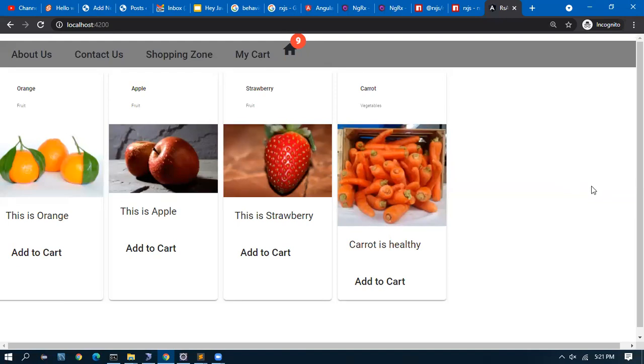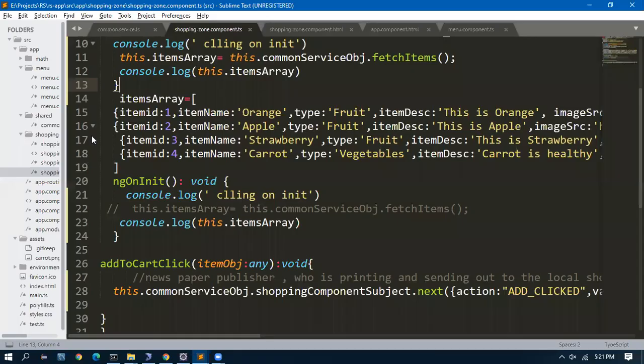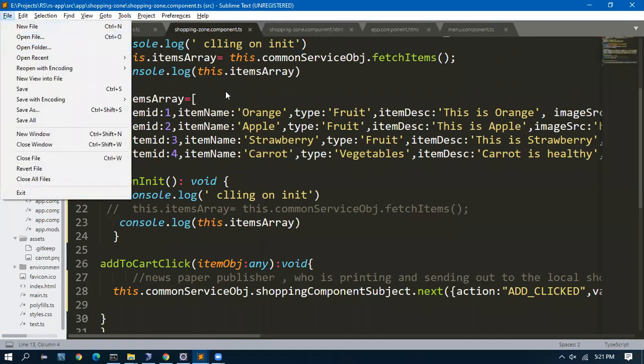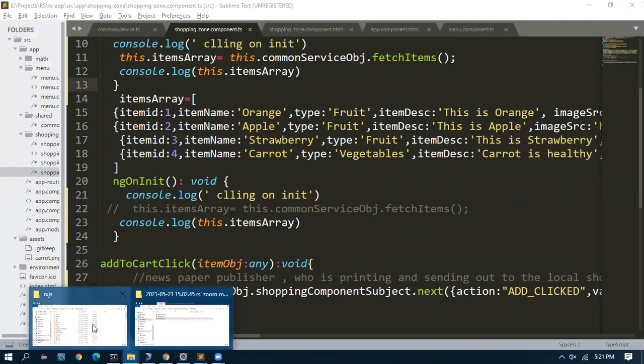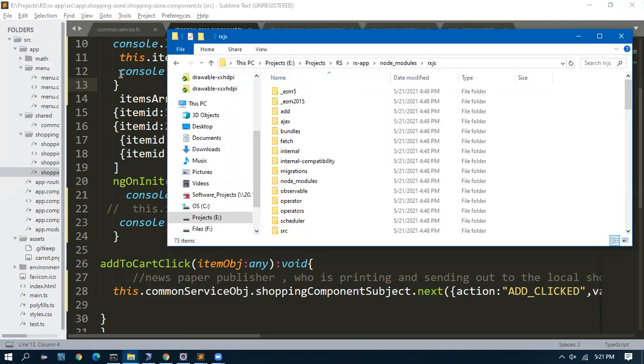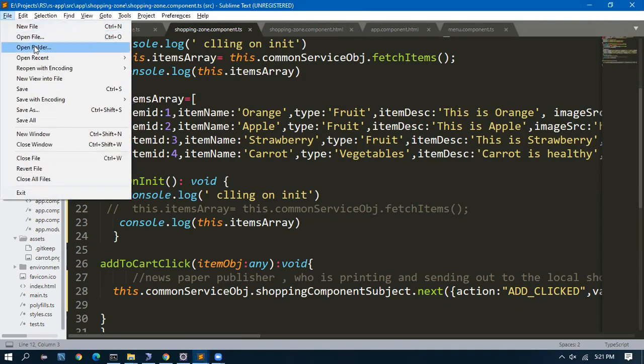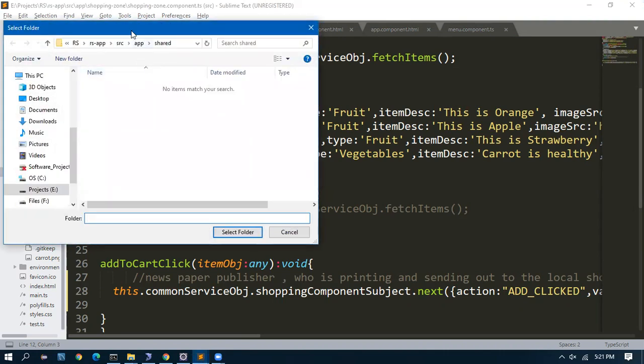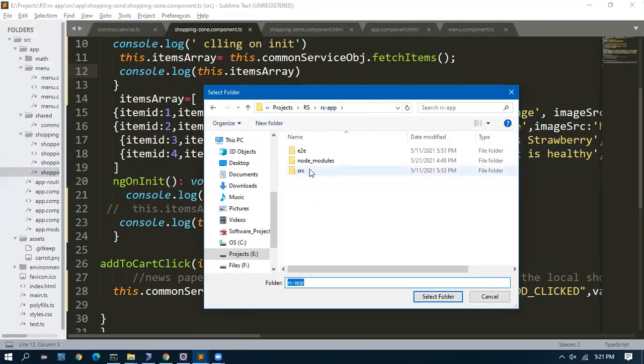Jana, do you have anything, or Arul? Rajesh. Yesterday I asked one question, but in the middle I forgot the question. You asked me how to open a new folder in Sublime. You asked me how to open a new project, correct? How to open a folder, and how it is mapping the Sublime. Okay, that's the one. Correct. So what you have to do is go to File, Open Folder. This will come. You can navigate to your project wherever it is. And then you select folder.